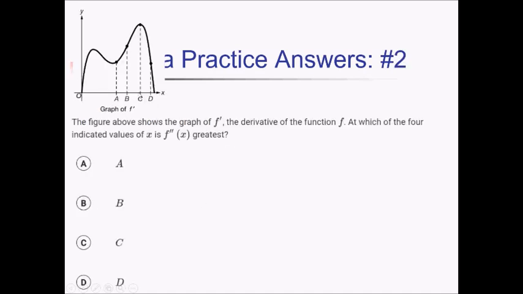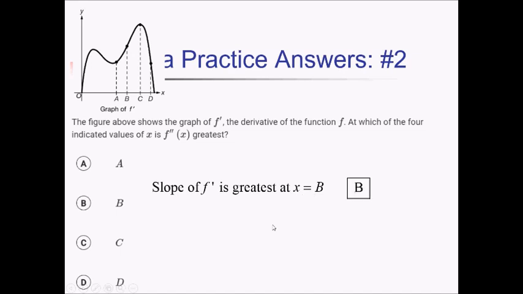On this problem, we have a figure showing the graph of f prime, the derivative of f, and we want to know at which of those x values indicated in the graph is f double prime the greatest. Well, f double prime is the slope of f prime, so we're looking for the spot where the slope of f prime is as steep as possible in the positive direction. So we've got A, which is at least positive, and so is B. C is 0 and D is negative, so C and D definitely wouldn't be it. Between A and B, B is steeper,